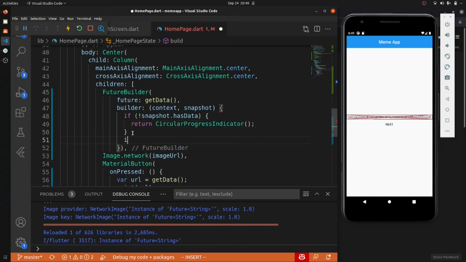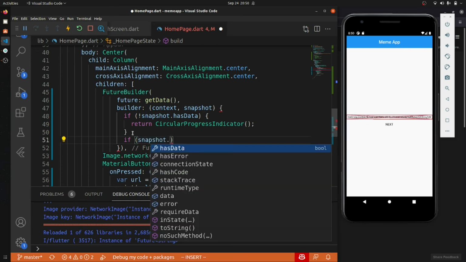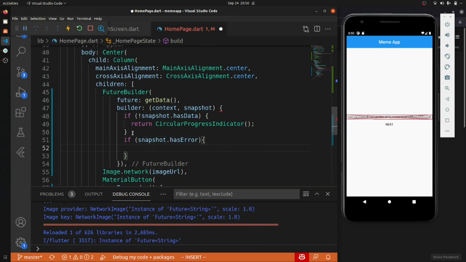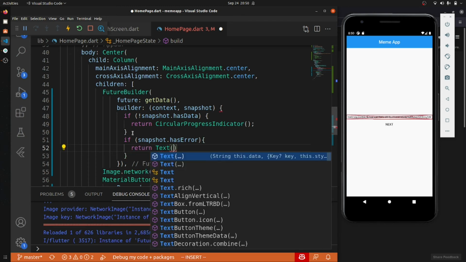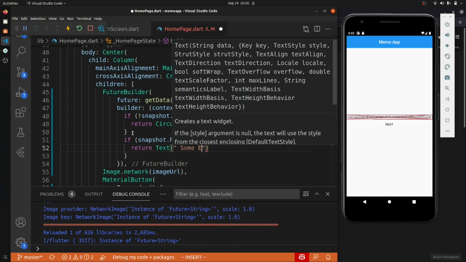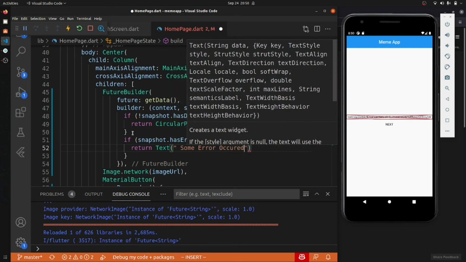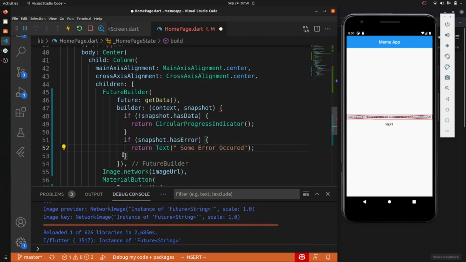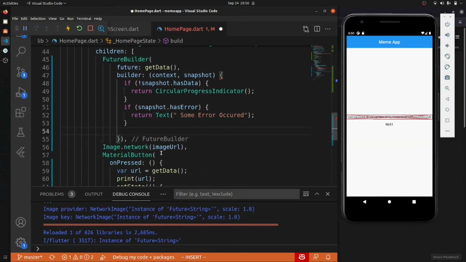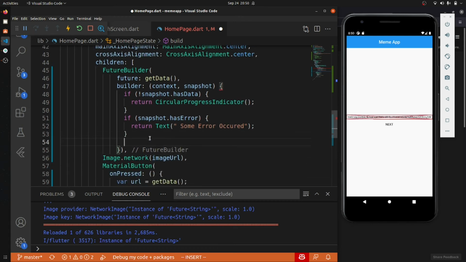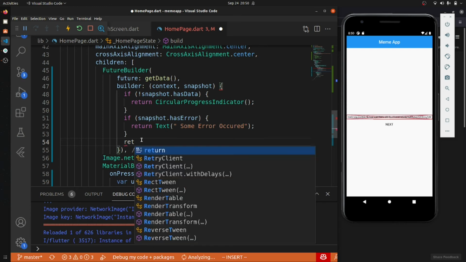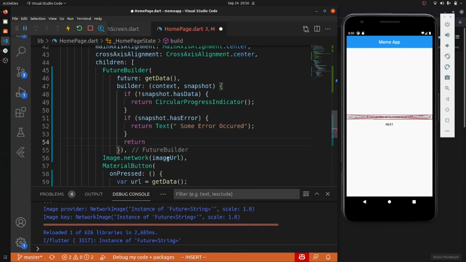And if snapshot dot has error, then we will just return a text, some error occurred. And if nothing happened, then we'll just return all these things.